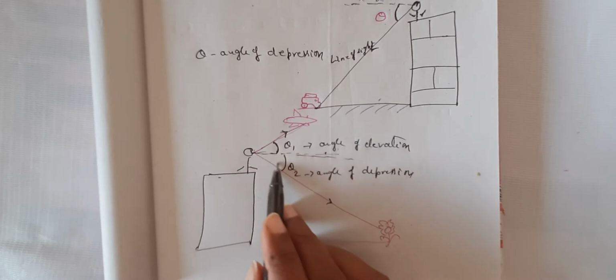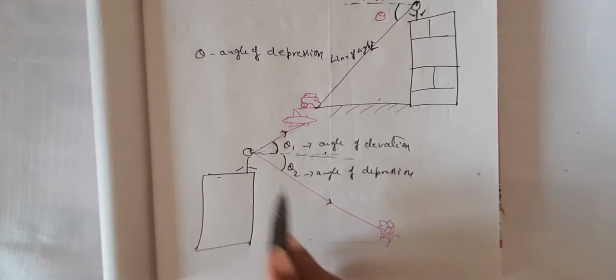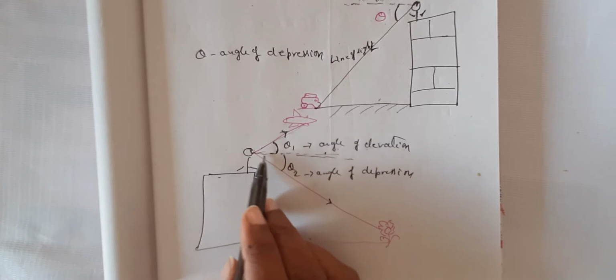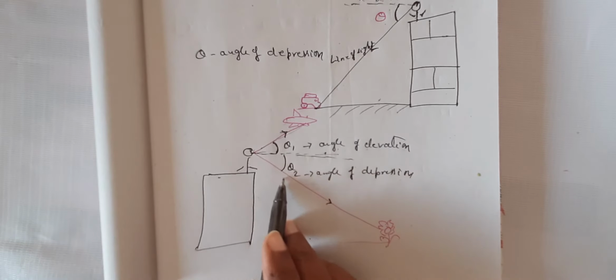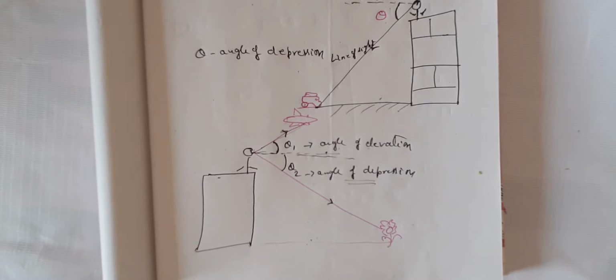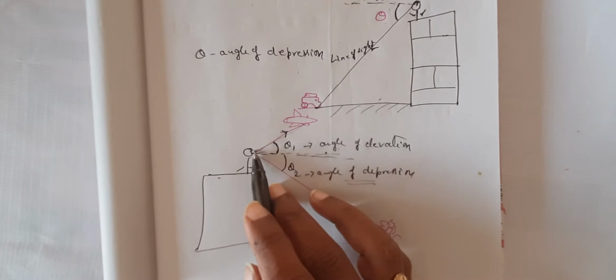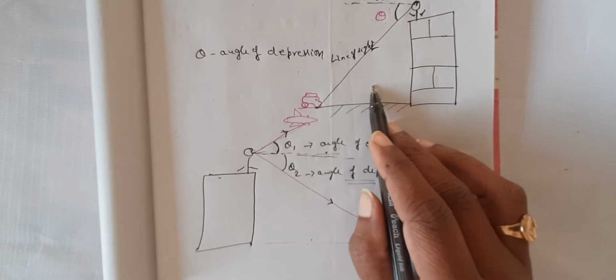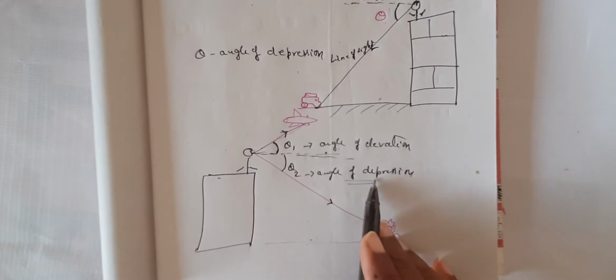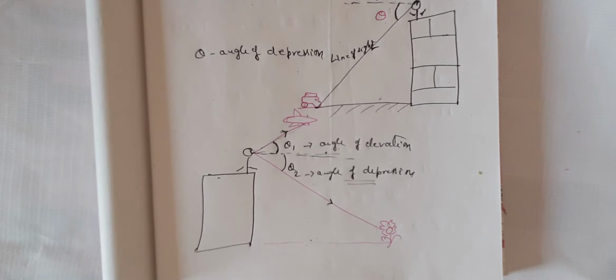And now here he is also looking downwards. That means when the angle is made by the line of sight which is downward, then we call that the angle of depression. So simple. When you are having upward sight, angle of elevation; downward sight, angle of depression. Okay, finished. Now let us see the exercise problems.